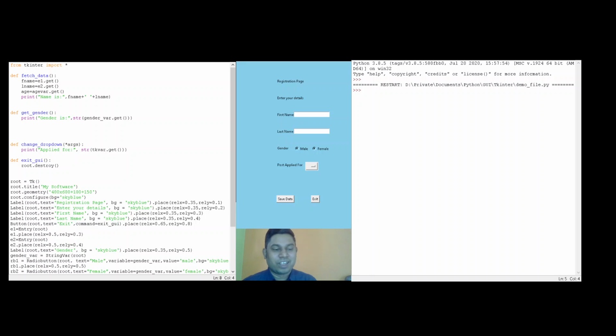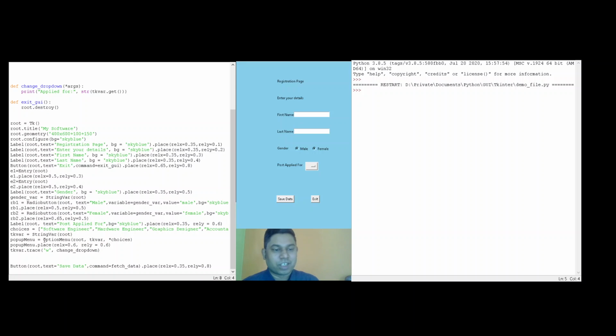So before, let's look at the last class where we taught about the option menu or the drop down menu. Now adding a spin box is very straightforward and very simple. So what you need to do is, first let me create a label for which the spin box will be introduced, and let this label be entering the age of the candidate. So here I put a label where I want to enter the age of the student or the applicant, and let me run this.